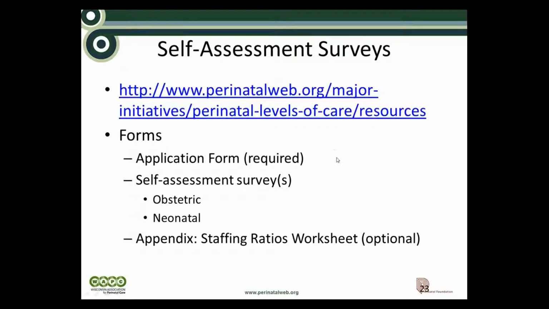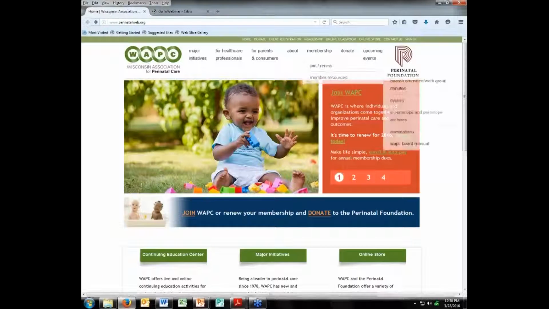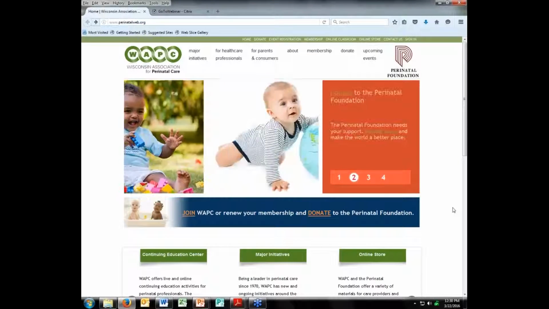Here's the link to that, and I'm going to go to that in a moment. We're going to look right now at the forms, specifically the application form, which is required, and we're going to look at examples of 2 self-assessment surveys. Now, to see where they are on the website, let me pull that up. This is the WAPC website. Some of you may be familiar with that,